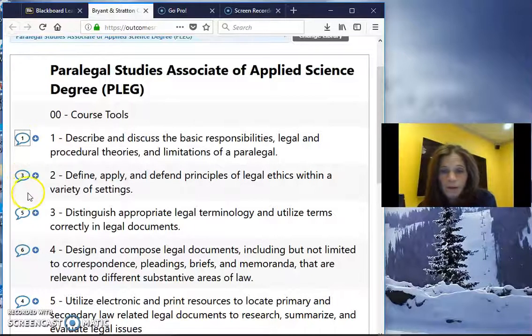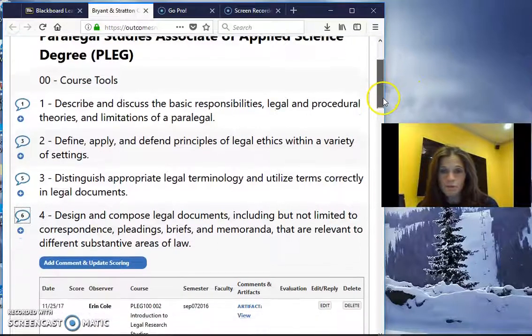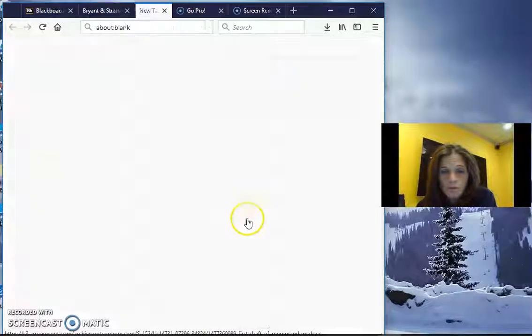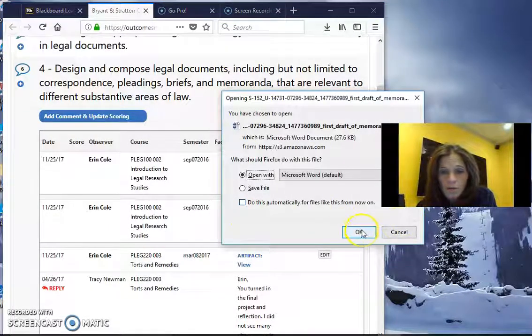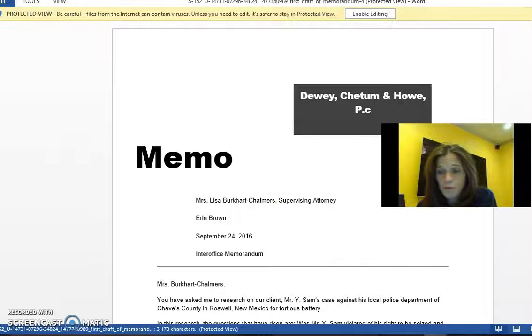Then my other outcome that I believe I have mastered is designing and composing legal documents, including but not limited to correspondence, pleadings, briefs, and memorandum that are relevant to the different substantive areas of law. Here I used my classes from Introduction to Legal Research and my Torts and Remedies. In my Introduction to Legal Research, we did a memo to the supervising attorney. We had to write to our attorney about whether there was a case to prove for a client